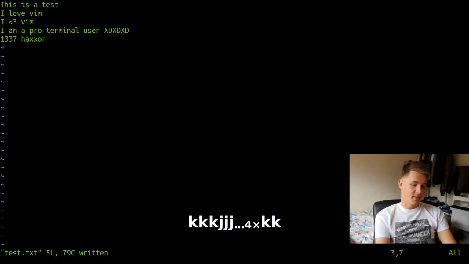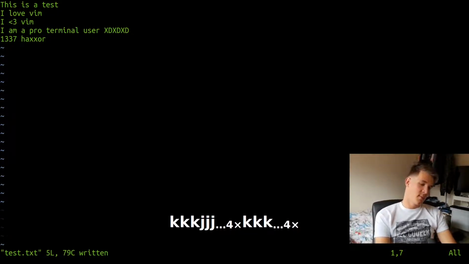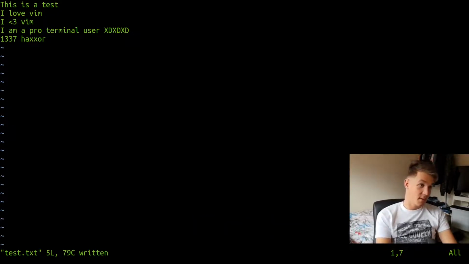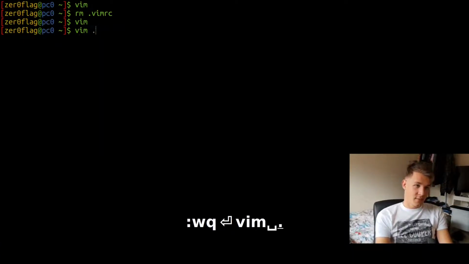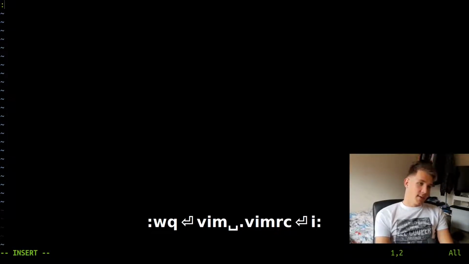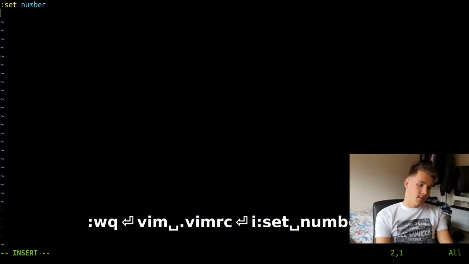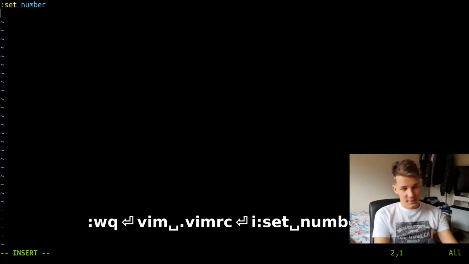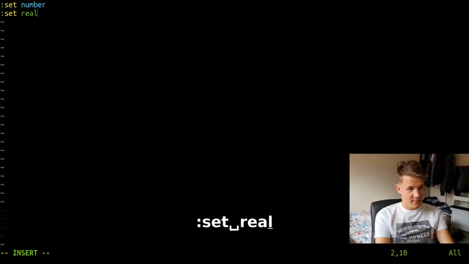By default, it's very hard to know how many lines down you're actually copying, unless you want to be doing maths in your head while editing, which is not fun. So in your Vim RC, it's advisable to do these two things. Set number to get numbered lines, and then set relative number